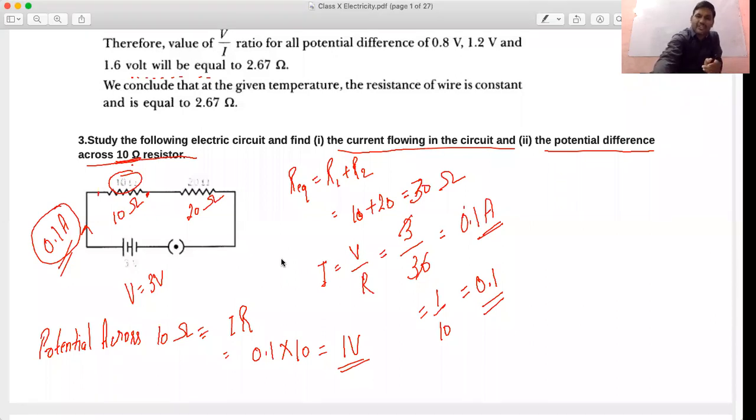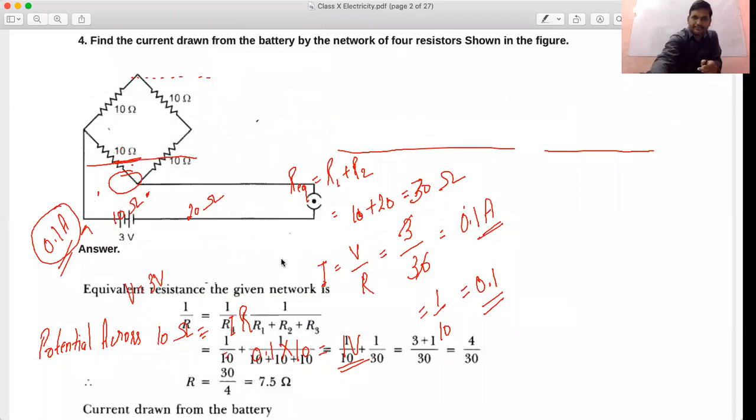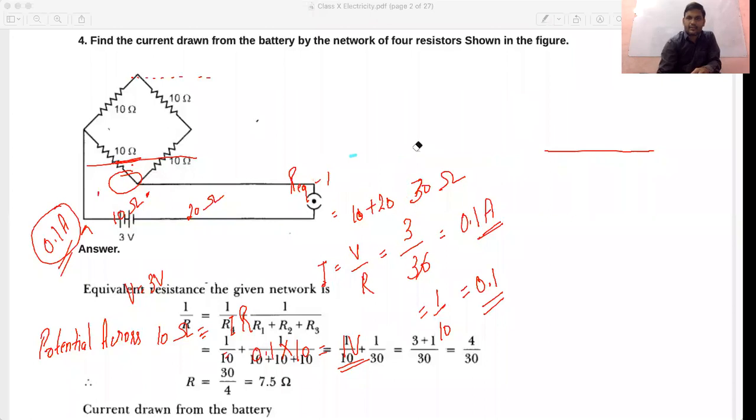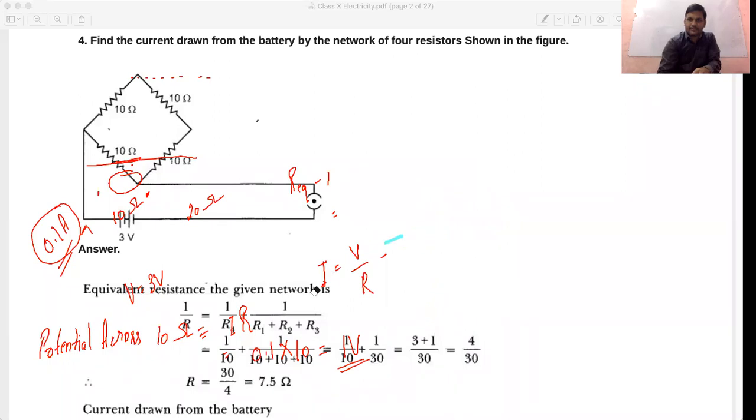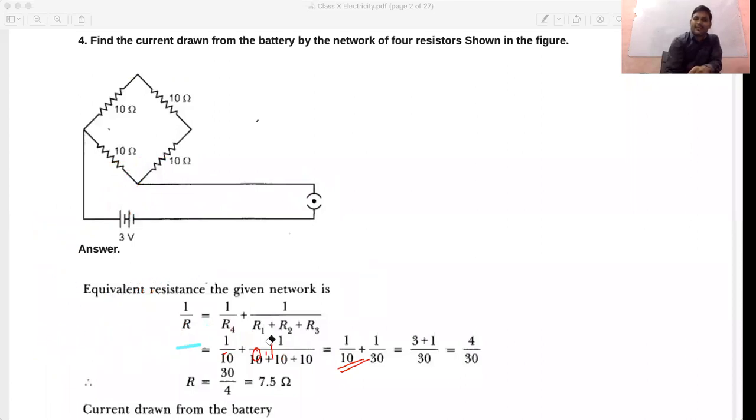So coming to the next question. This is done so far. Coming to this question, and I'm just erasing these things. This is the good method. Now you can see the video and you can do these questions in your copy. This will be uploaded and you can see from there, and you can note down the questions from there also. So let's see what the question is here.